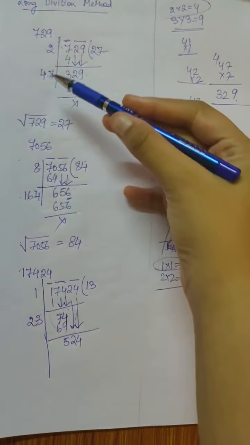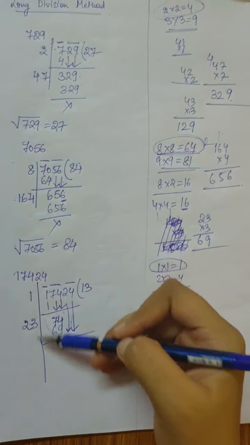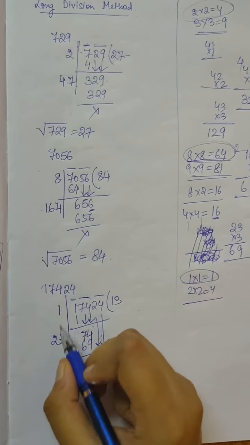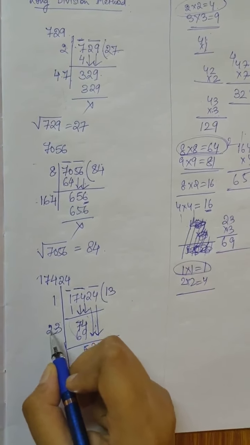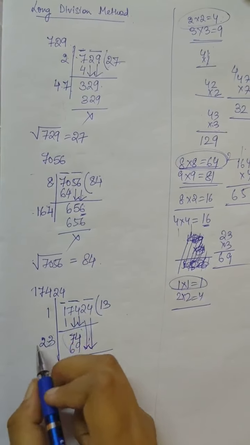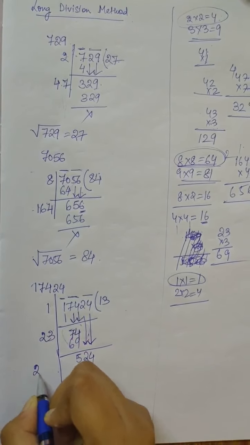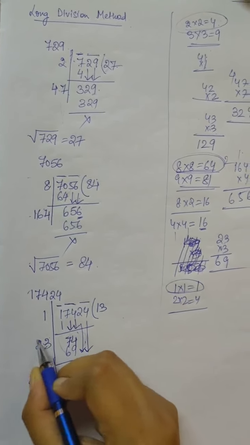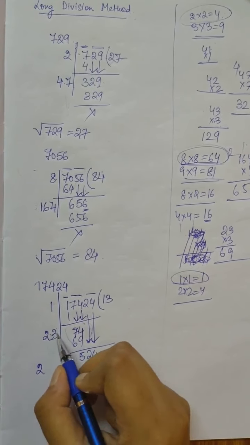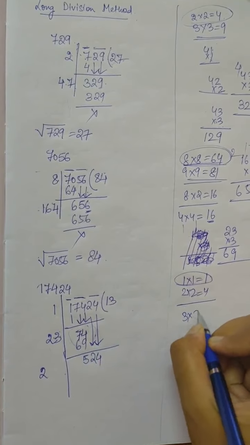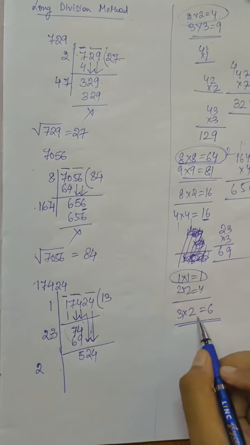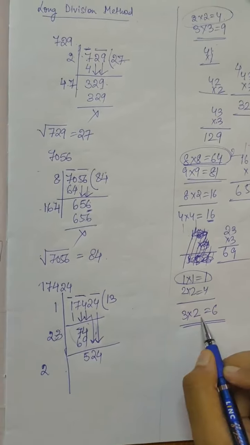Now see what will happen for the next one. Till this one we have done up to the second step, but here we will have a third step. Okay, so for the third step be very careful that the double of 1 is 2. So this 2 we have already taken by doubling this 1. Okay, so this 2 will remain the same. Now this 3 is the new number from this side, only this part 3 is the new number which I have put. So the double of 3, that means 3 will be multiplied with 2. This gives us 6. Remember, only 3 will be multiplied with 2. This 2 will come as it is.